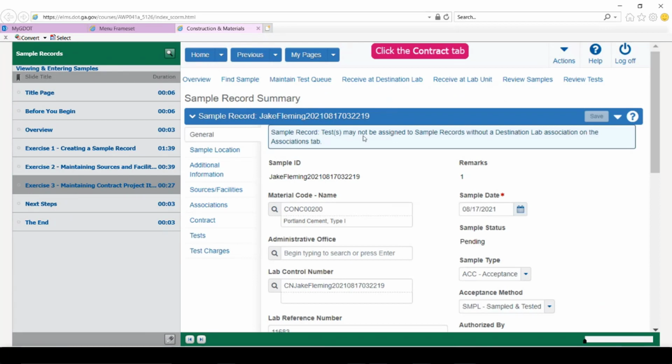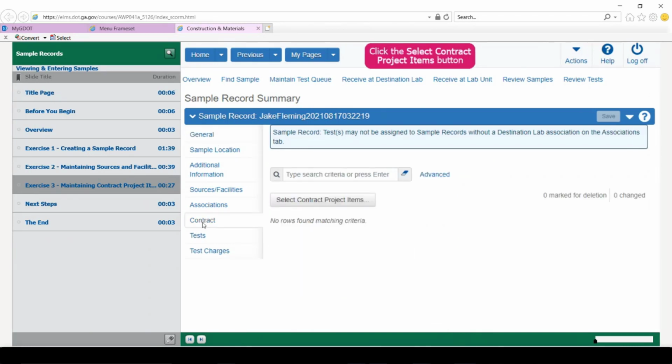We're beginning on the sample record summary page, and this is the sample we've been working with. And again, you have a general information area, and on the left, you're going to have some tabs, including contract. Click on the contract tab, and within it, you've got Select Contract Project Items. You click on that.